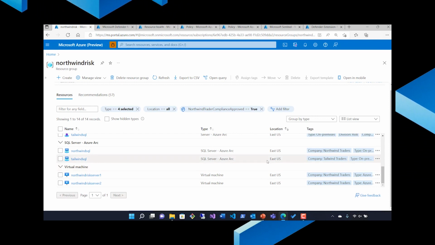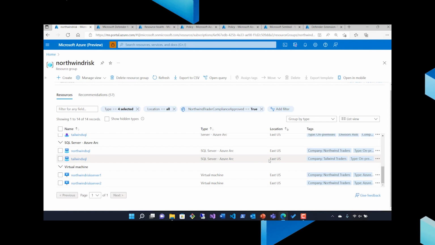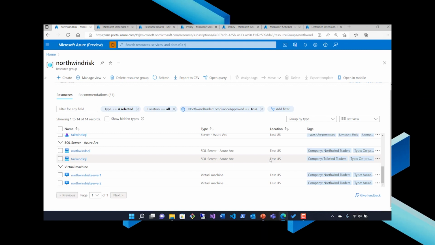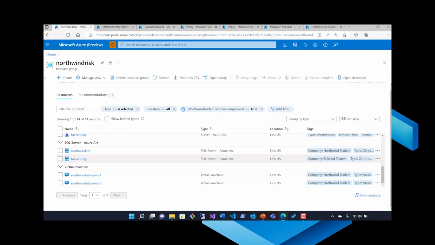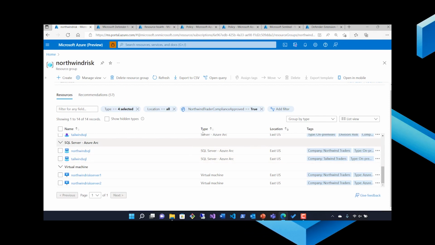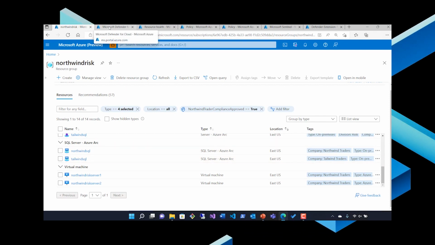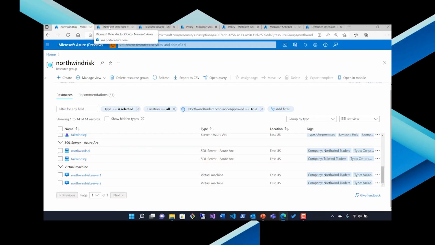You would be able to apply tagging to organize these resources and leverage Azure Resource Graph to query them in inventory at scale. Additionally, you'd be able to leverage Azure's powerful observability and monitoring to actually dive into the performance and analytics of each of these resources. But let's stay focused on security and look at Microsoft Defender for Cloud in action with the Northwind Risk resource